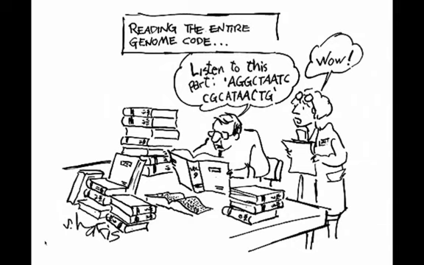Okay, so we'll start with this. Reading the entire genome code. It should say genetic code, but anyways. Listen to this part. A, G, G. Isn't this exciting? He was like, yay, isn't this so exciting? I don't want you to read the textbook like this, just reading all of this stuff for no apparent reason. I want you to find the exciting parts of it and read those things, and hopefully the quizzes will help you there.